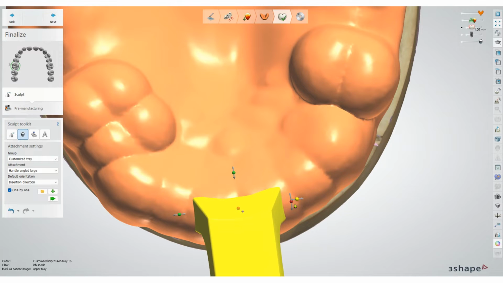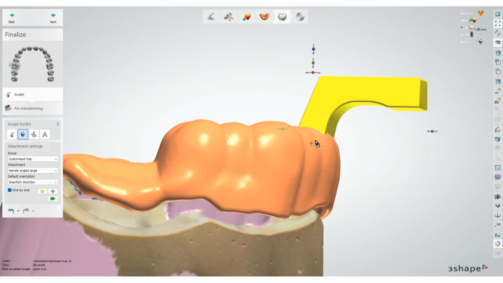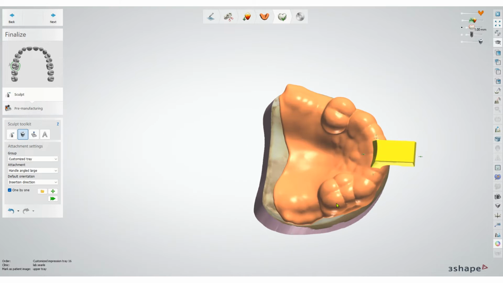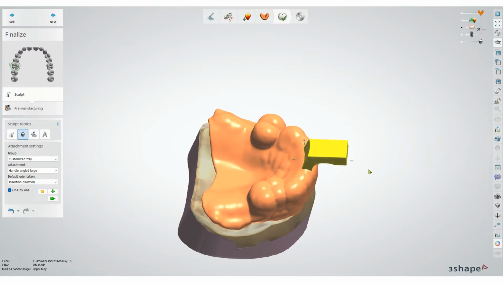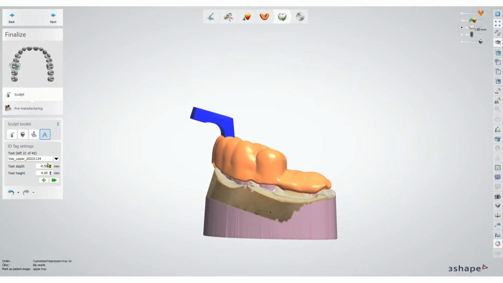You can use your green arrows to enlarge it, or you can change the angle, whatever way you want to change that angle to. Once you've done your tray, you can increase the length or whatever. That's pretty much all close to being done. The only other thing that some people might want to do from here is put some text into it. So you can add someone's name,